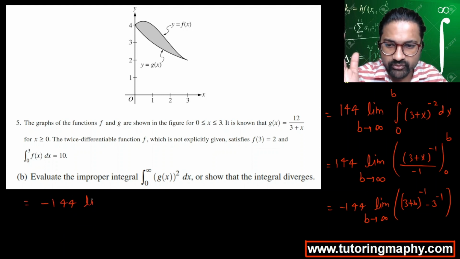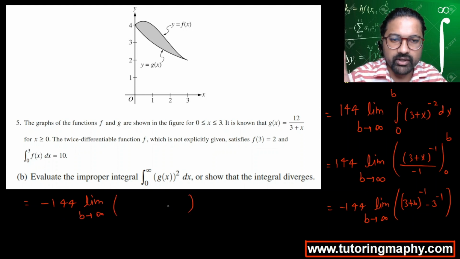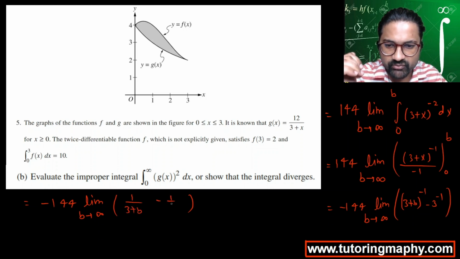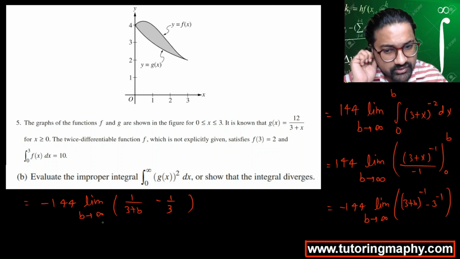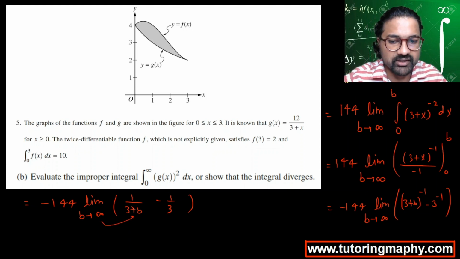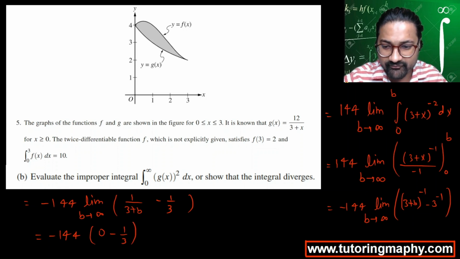Negative 144, limit b is approaching infinity. Power of negative 1 means you got to take a reciprocal of it. So 1 over 3 plus b, minus 1 over 3. Okay, and finally now I'm going to place the limit. So if b is approaching infinity, then infinity plus 3 is infinity, and 1 over infinity is 0. So this is going to look like negative 144, there's the 1, 0, minus 1 over 3, and finally